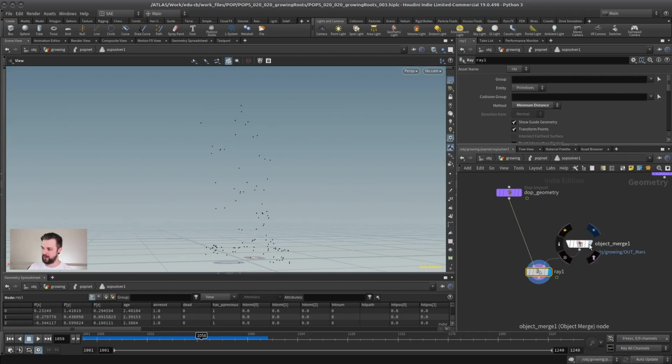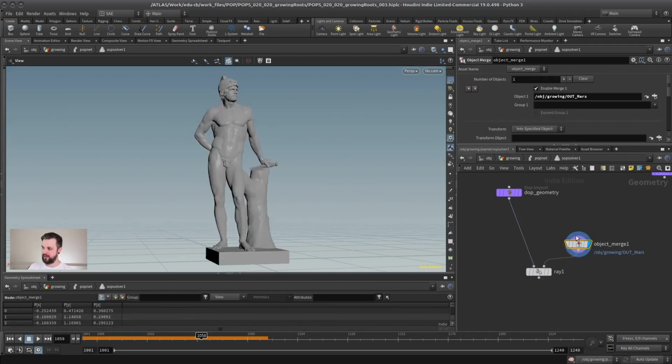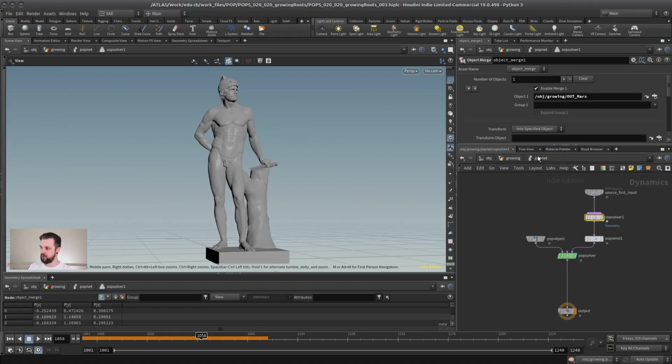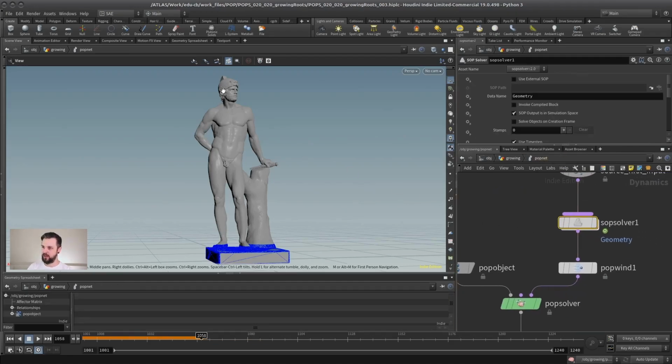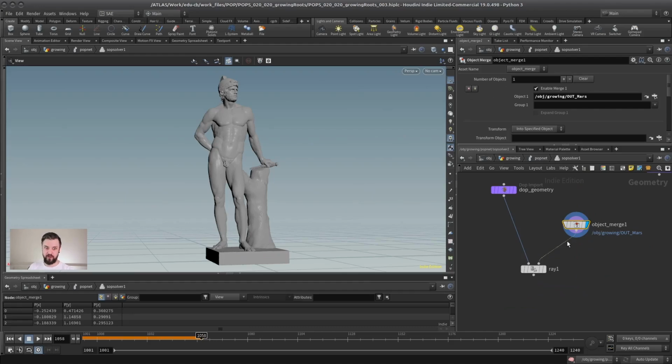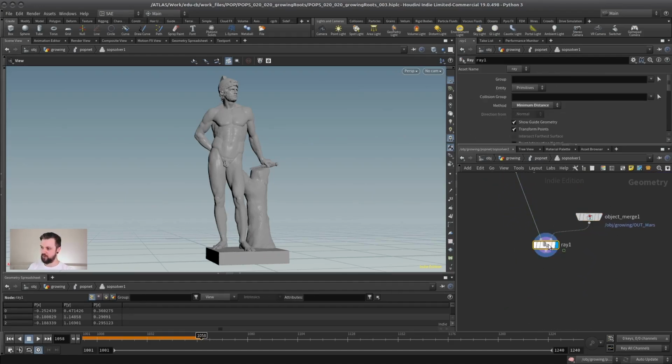So if you accidentally have your render flag here or your display flag and then simulate, then you will get the wrong result, because then out of your SOP solver here, the statue will come. This is very dangerous, and that actually happened to me a couple of times. So always make sure either to have your display or render flag on the last node you actually want to calculate,